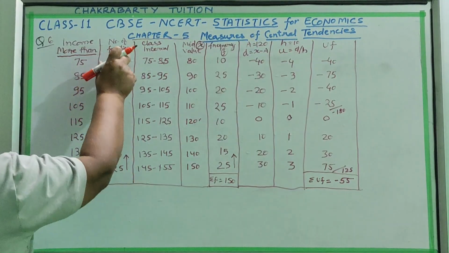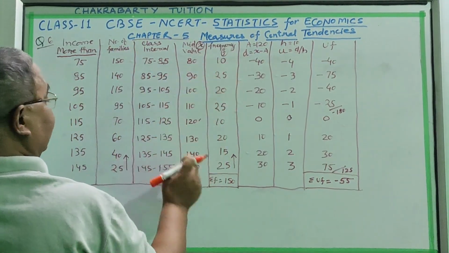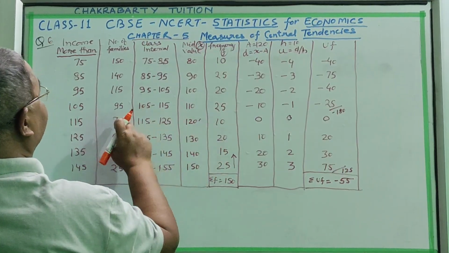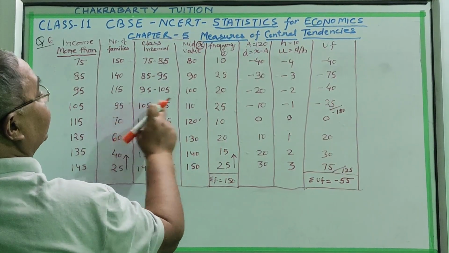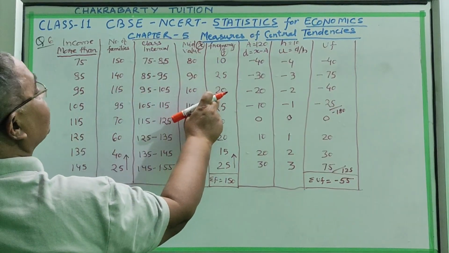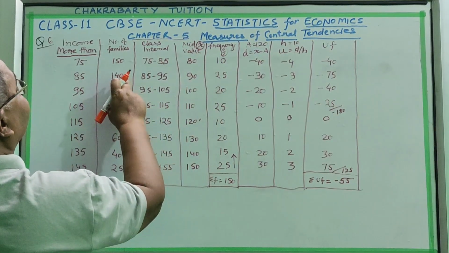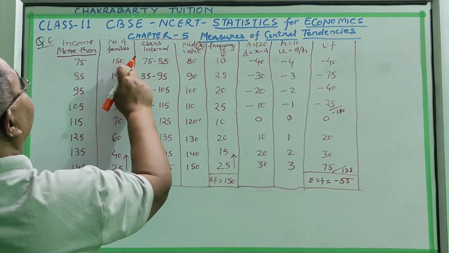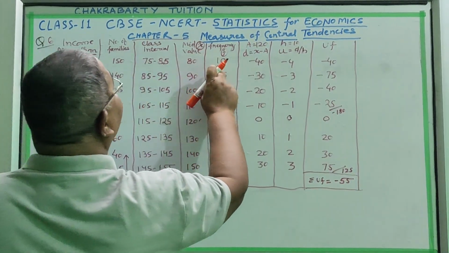So here, from the cumulative figures, we have made the frequency. How? From 60, 70 we have reduced, 10 will come. 70 reduced from 95, 25 has come. 95 reduced from 150, frequency 20 will come. 115 you reduce from 140, frequency will come 40. 140 reduced from 150, frequency will come this 30.